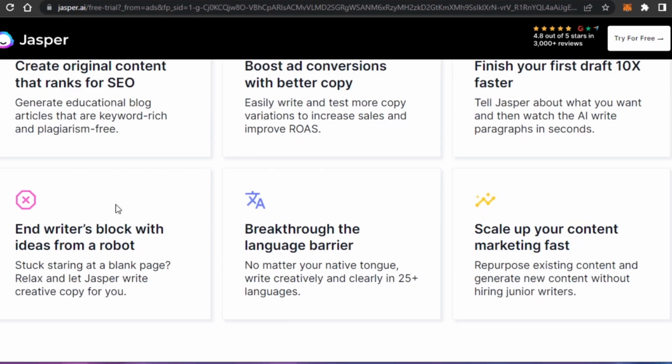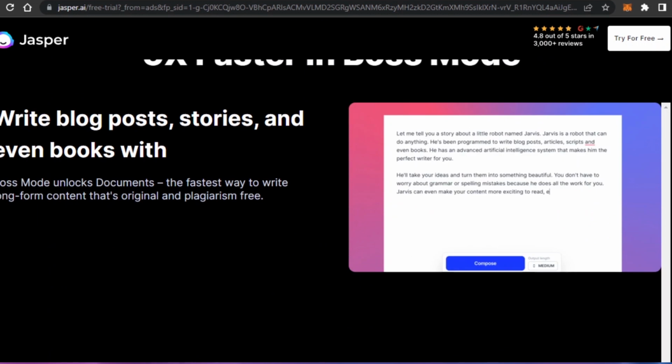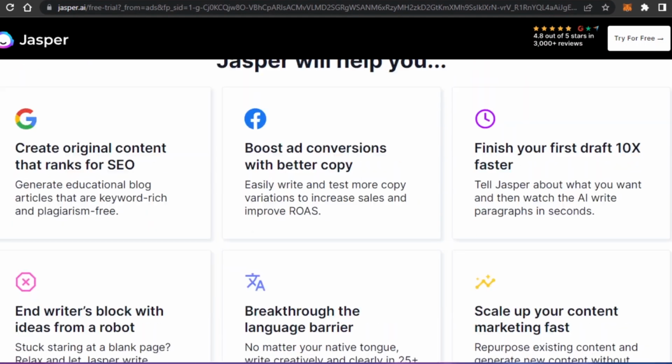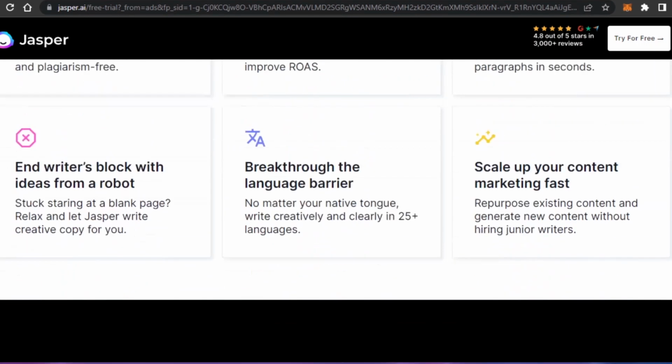We can produce creative writing using Jasper, and then there is no language barrier because we can write in 25 plus languages using Jasper. Jasper also helps us to scale up our content. Using Jasper, we can write blog posts, stories, and even books. So that's what we will be covering today, and I will show you how we can write a blog post